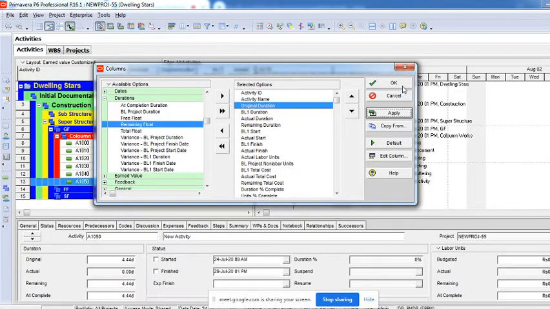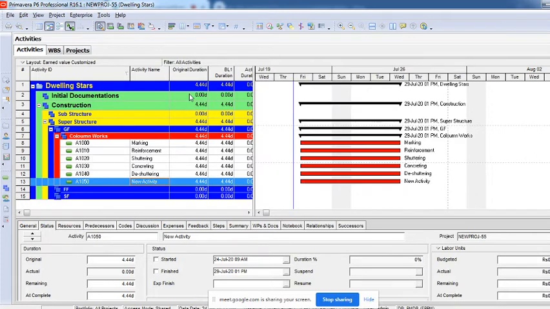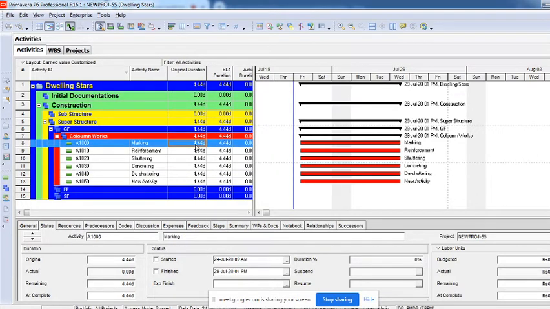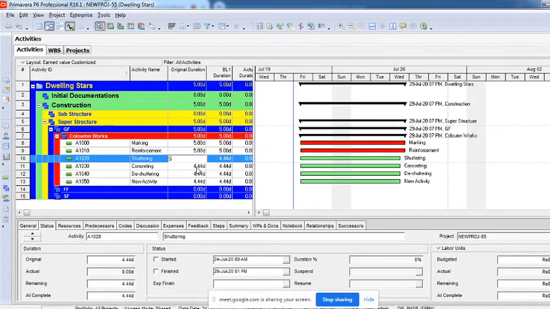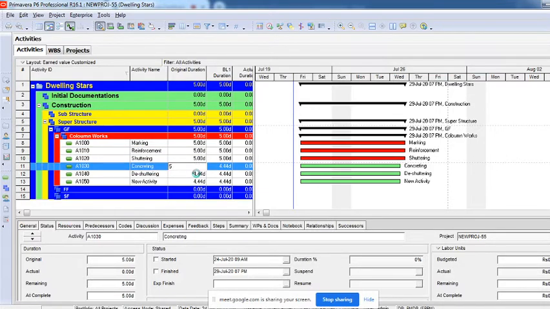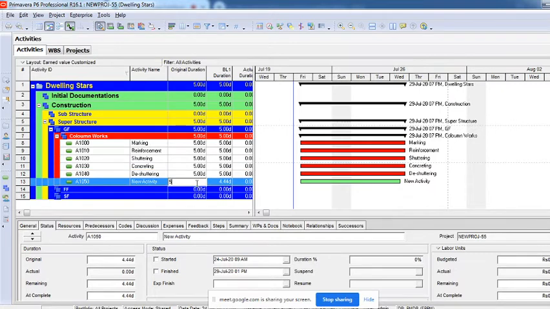So you can see here the durations are there by default. Probably it will be 5 days duration here, or 4 days, or whatever default we have given, that will be mentioned here. Alright, so assume this is the default one.